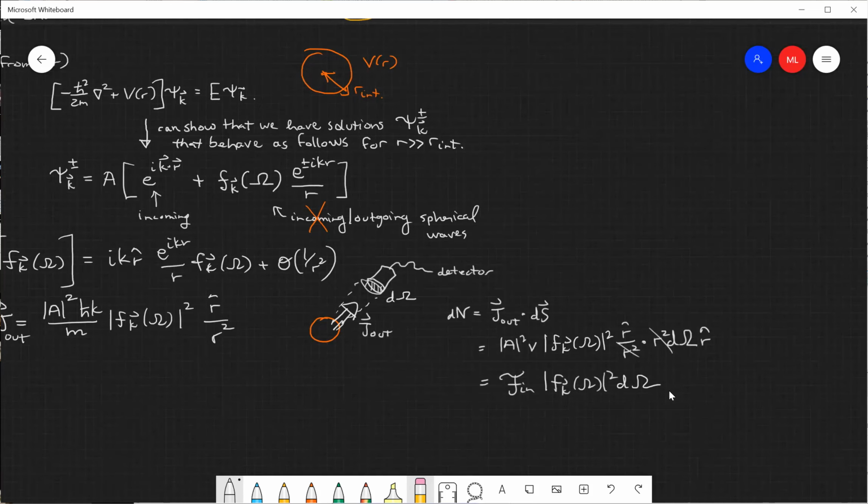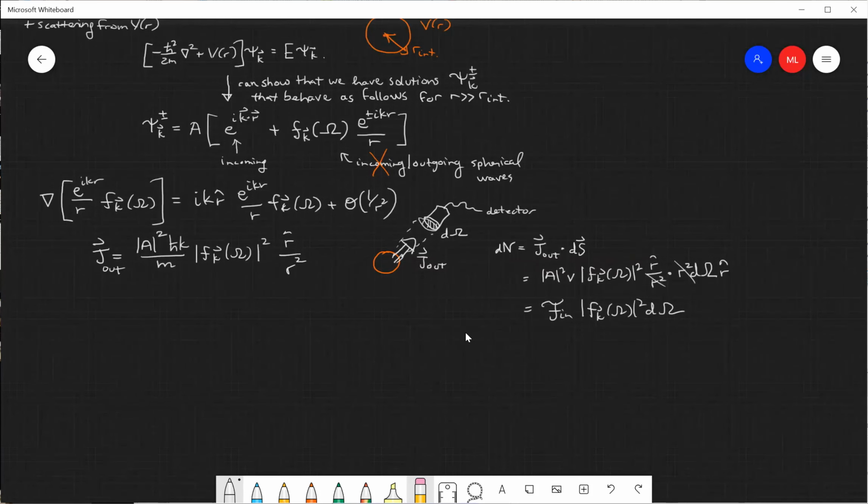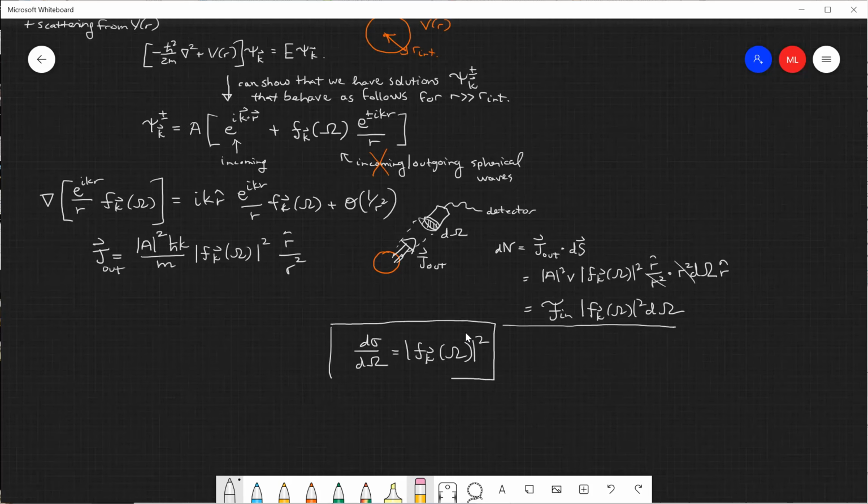And if you go back to our definition of the differential cross section, then you'll note that from this relationship, we can immediately conclude that the differential cross section is in fact just equal to this amplitude squared. And this is a very important formula. We'll give it a double box